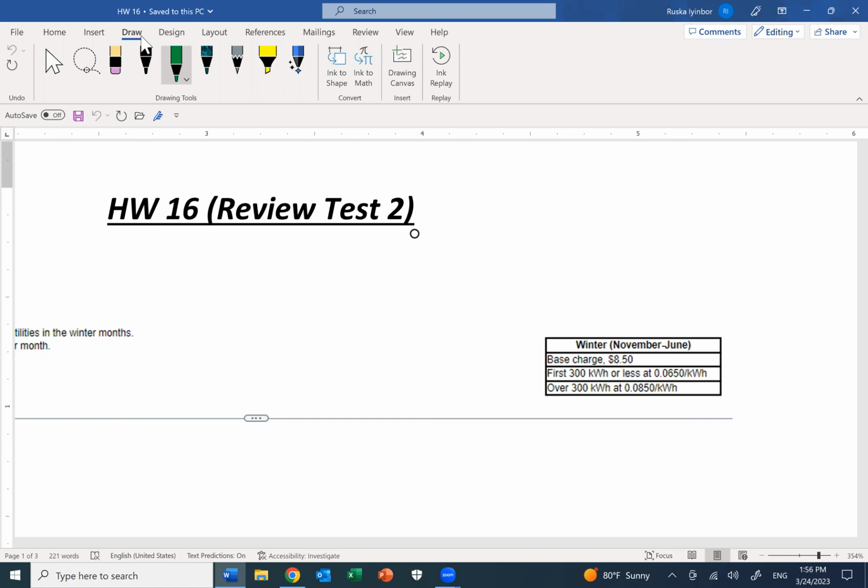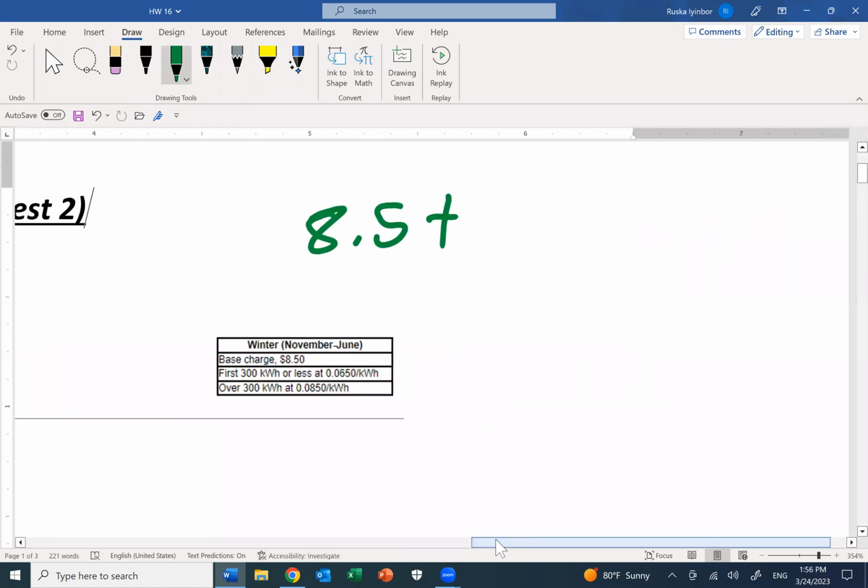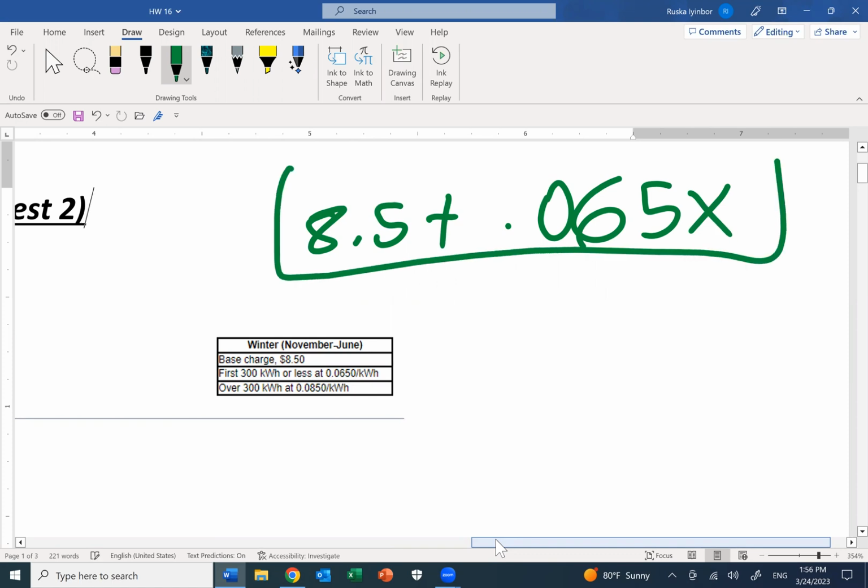So the first function is going to be 8.5 plus 0.065 times X. So this is the first equation we're going to put if using electricity less than